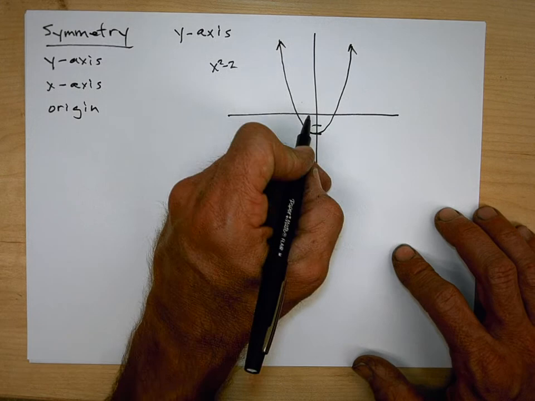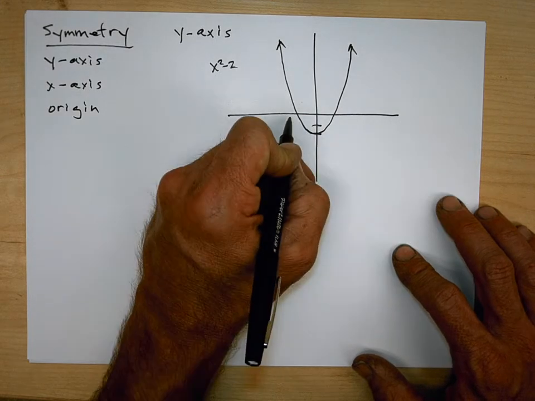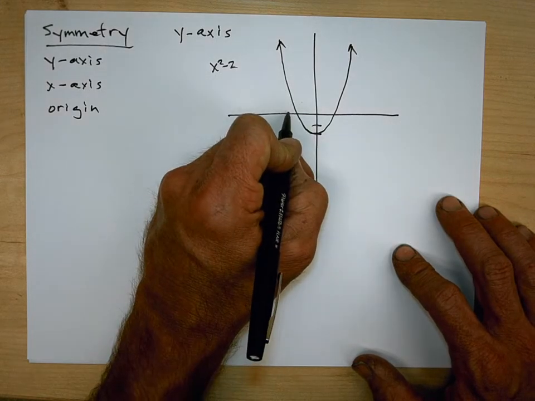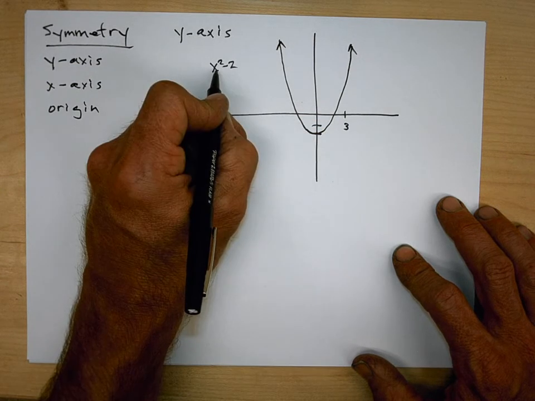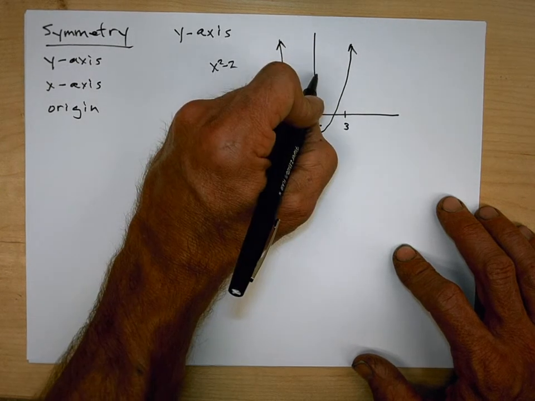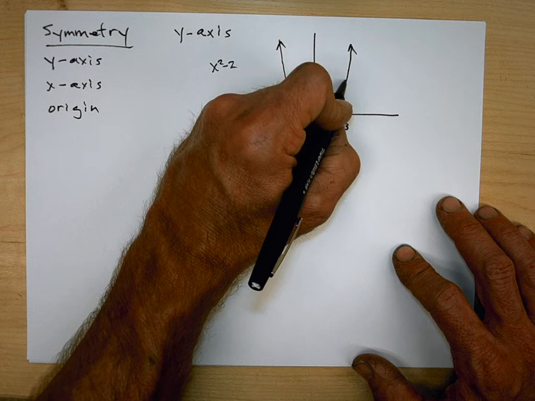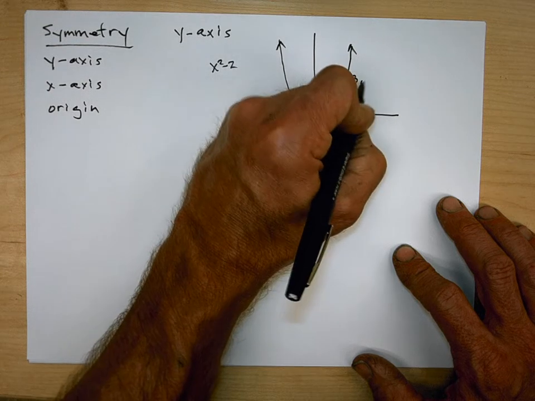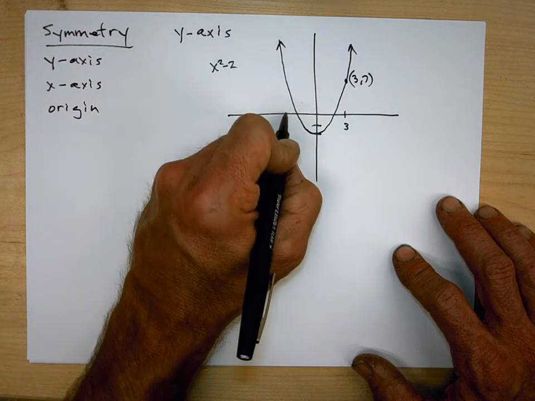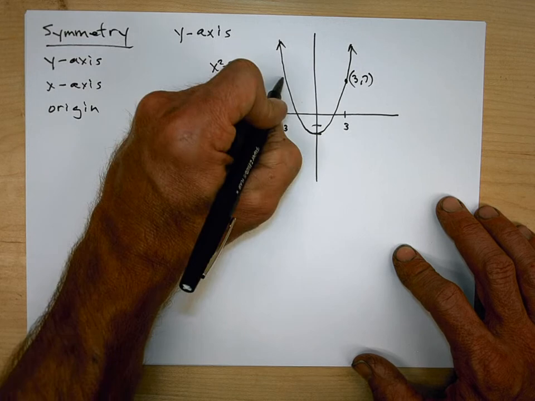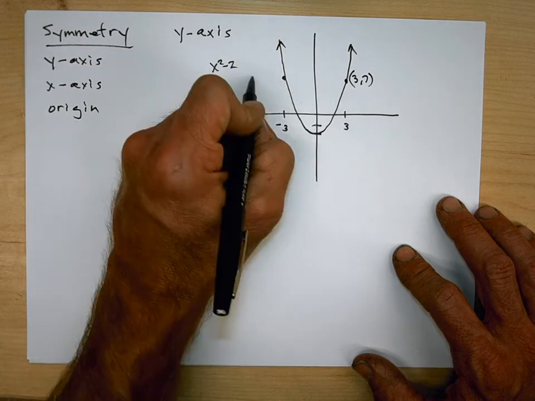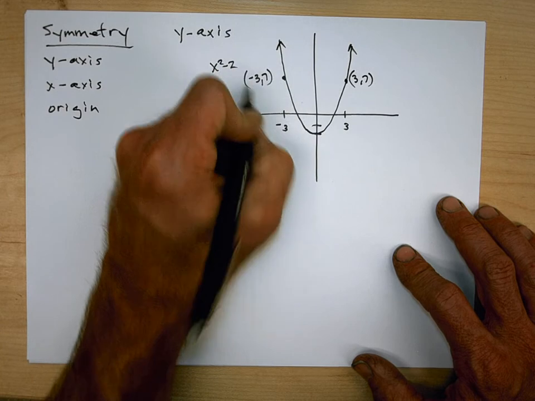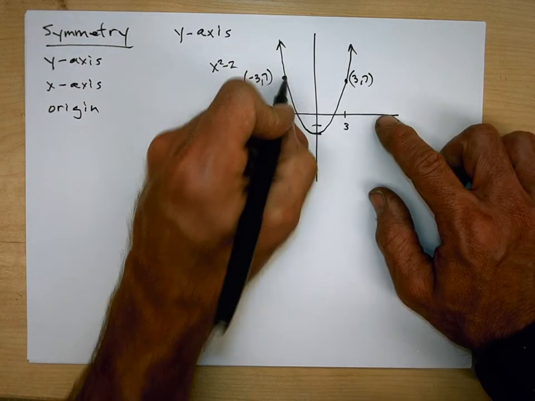So, for example, if I wanted to put in the value of 3 here, notice 3 squared minus 2 is 7. So that would put me up here. That would be (3, 7). Likewise, -3 would also result in 7, right? Because -3 squared is 9. So -3 gives 7. Graphically we just see this reflection, but